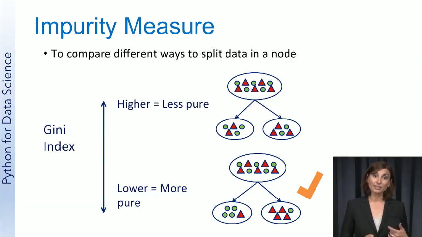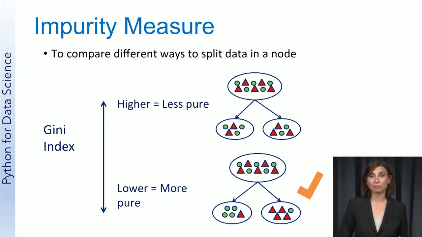Therefore, we need a way to measure the purity of a split in order to compare different ways to partition a set of data. It turns out that it works better mathematically if we measure the impurity rather than the purity of a split. So, the impurity measure of a node specifies how mixed the resulting subsets are. Since we want the resulting subsets to have homogeneous class labels, not mixed class labels, we want the split that